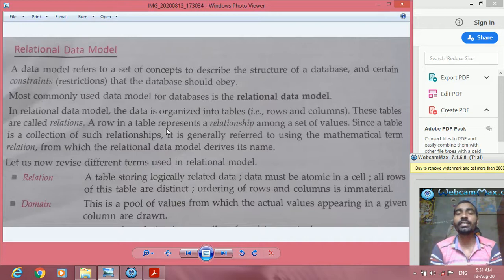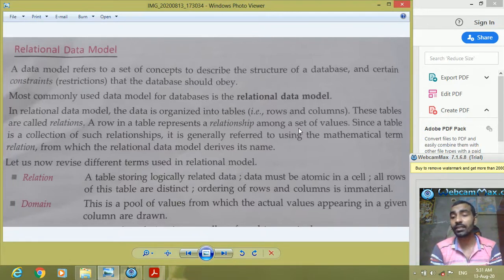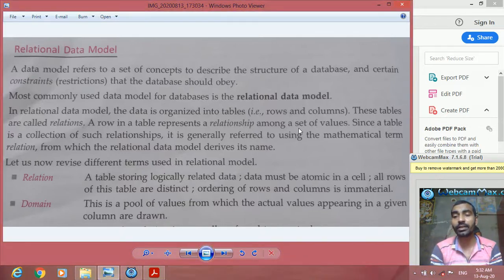A row in a table represents a relationship among a set of values, like the name of a student, then the class, then the section, then the roll number, then the marks of a student. So all these data are related and kept in one row. That is called a record, and that's what becomes a relation.